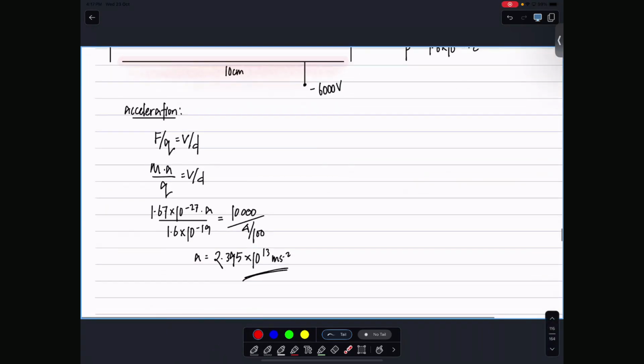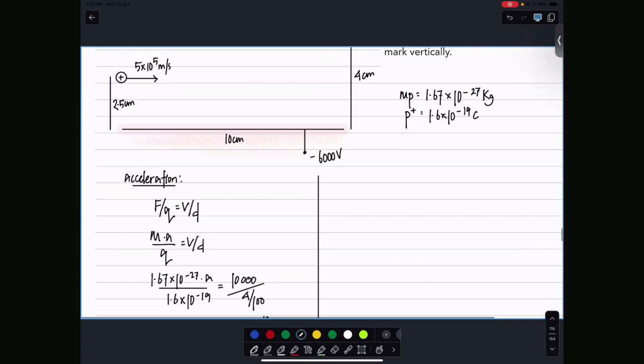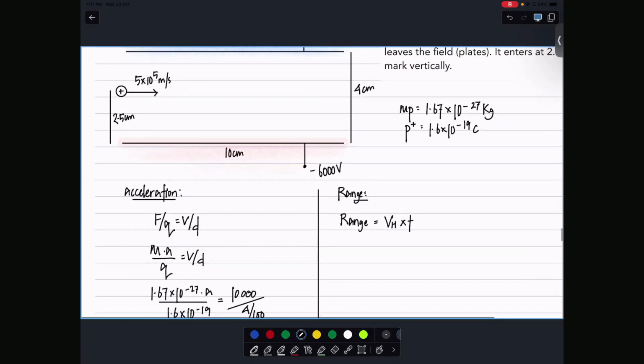To find the range, the math we need to do is solely what math? Mechanics projectile math, right? So how do you find range? I've given you a formula earlier. Do you remember what that was for range? Yeah. So range is equal to horizontal velocity into time of flight. Whichever way you want to find range, it's up to you. So we need to find what here now? Time of flight.